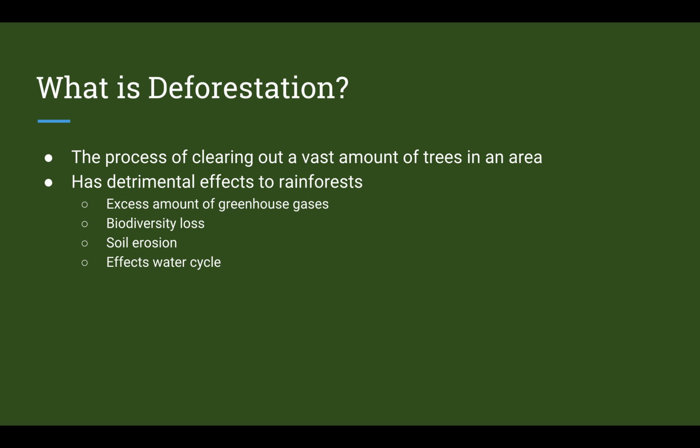And as a result, temperature rises, which makes it harder for plants to grow and animals to live, which leads to my next point, biodiversity loss. Since the temperature rises, it makes it harder for animals to live. Some of these animals migrate, and during the process of deforestation, they also end up dying as well. And loss of habitat does sometimes end up leading to species extinction or just making them endangered, and that is definitely not good.